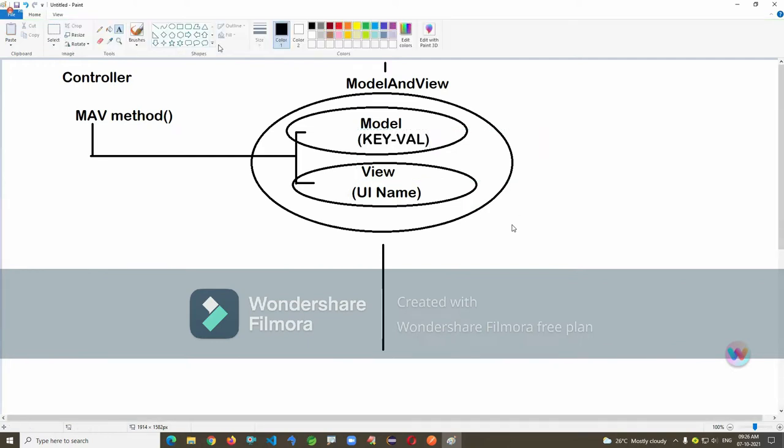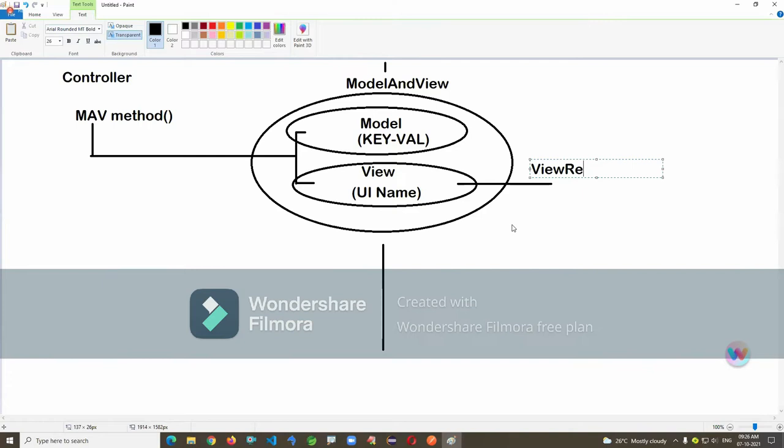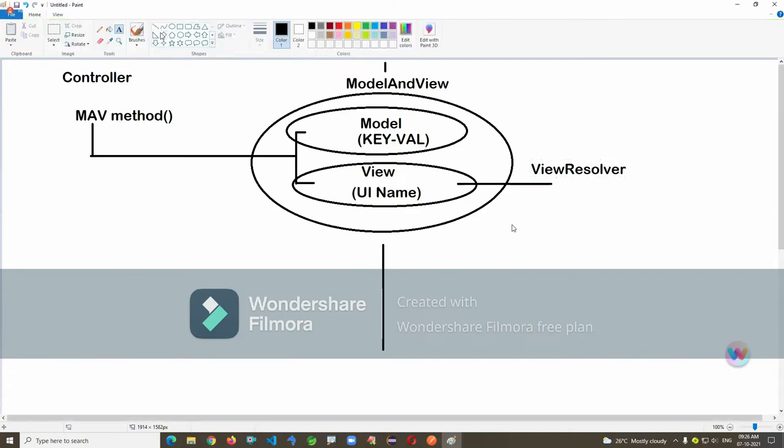Okay, so based on this view, it is taken by the view resolver, and that is going to load the particular view page, that particular UI page here.